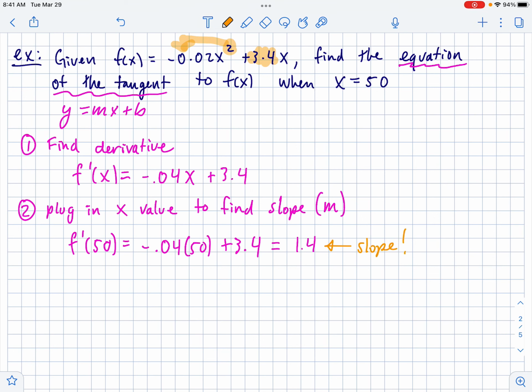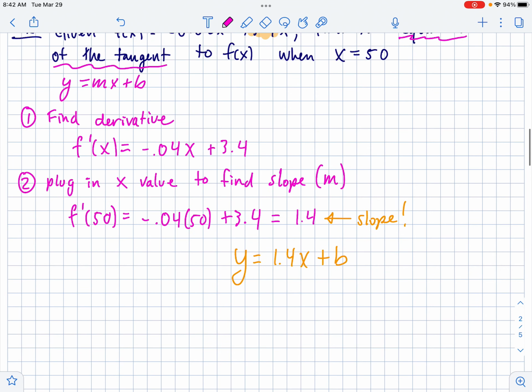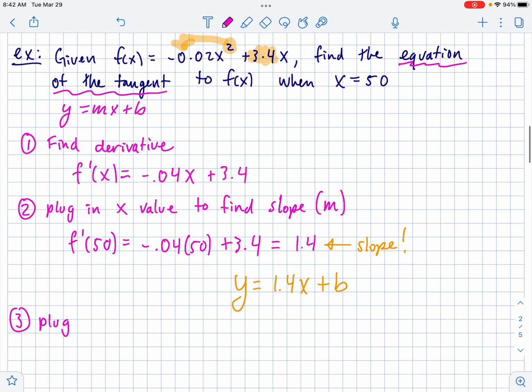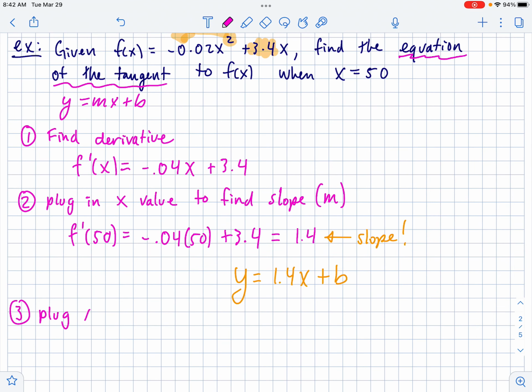Now, that is the slope in the y equals mx plus b. We know it's the slope because it came out of the slope machine. Derivatives are slope machines. So right now, we know our equation is y equals 1.4x plus b. Now, to find the b value, we have to have a coordinate to be able to plug into that, but we don't really have a coordinate right now. So, step 3,